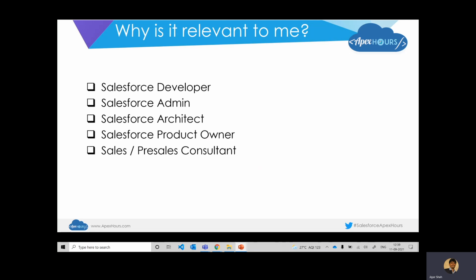It is only the face that changes. At times it could be an internal stakeholder, at times a new prospective customer for a pre-sales consultant, at times a business user who's going to be using the features that you develop as a developer, admin, or solution architect. But all in all, demonstration is something that you would end up doing, right?